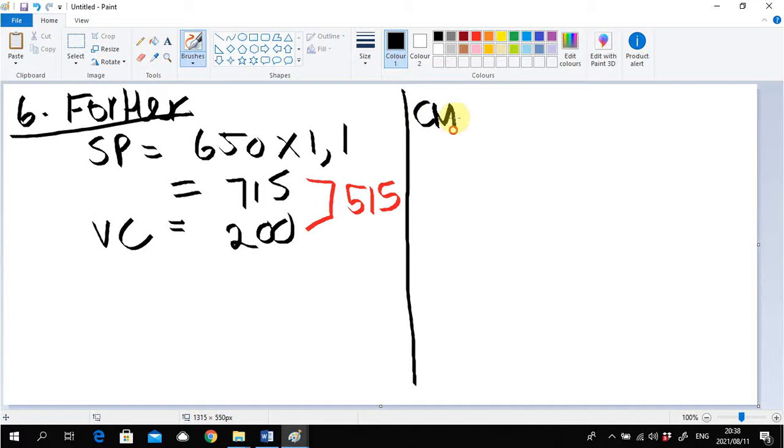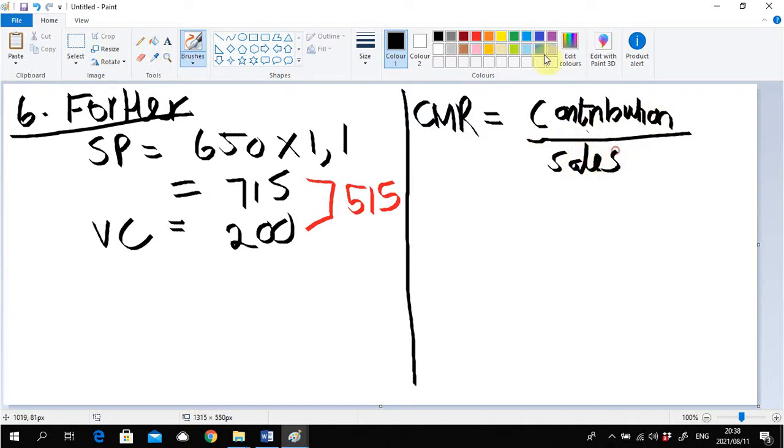They've asked us to calculate the contribution margin ratio. So what is the formula for that one again? It is your contribution divided by your sales. And contribution is the difference between the selling price and the variable cost, divided by the sales. So if I look at the contribution, it's 515. If I look at the selling price, it's 715. So that is going to give us